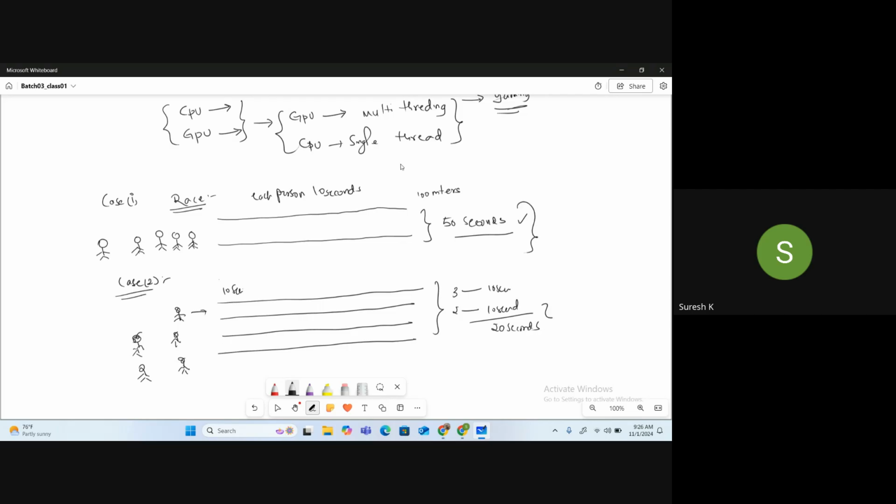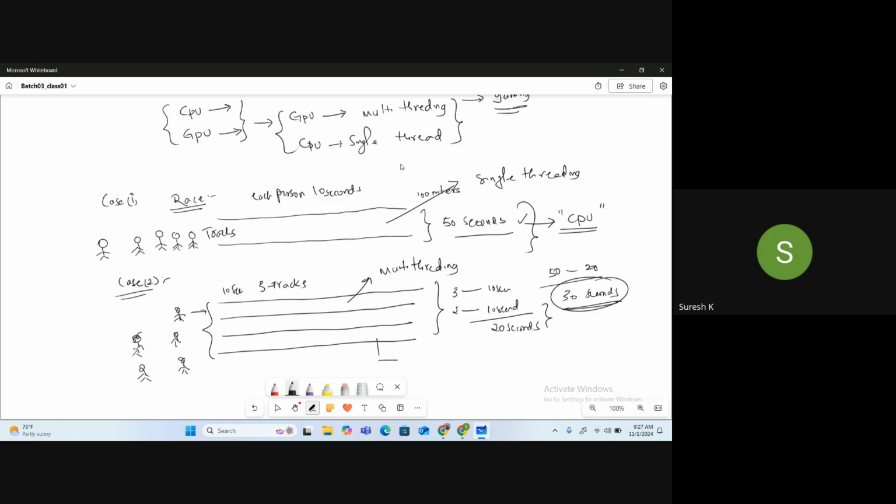Here it is 50 minus 20, so 30 seconds is the difference in time between one track and having 3 tracks. This concept we call multi-threading. That one we call a single thread. Single thread happens in the computation world of the CPU. Multi-threading happens at the GPU stage.